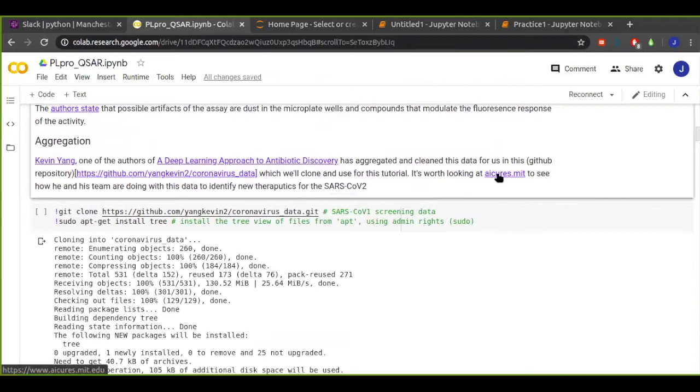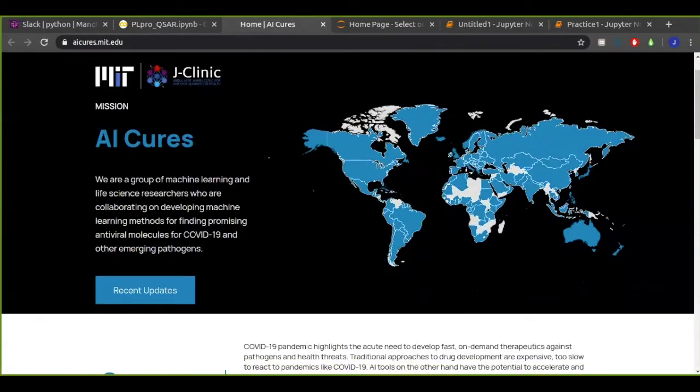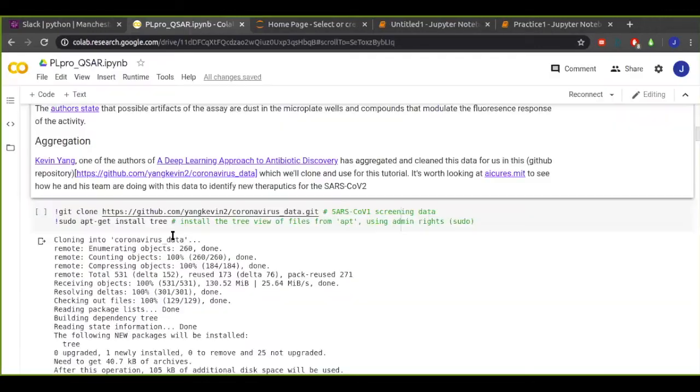And here's a link to the project that I mentioned earlier, which contains a bunch of MIT scientists using AI to try and find cures for COVID-19, or small molecule therapeutics for COVID-19. So like an actual version of what I'm going to show you today. I'm going to show you the cheap rip-off version.